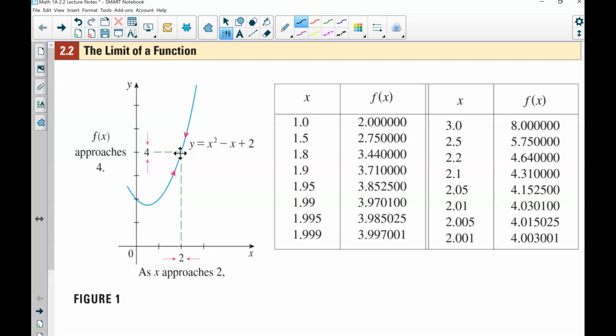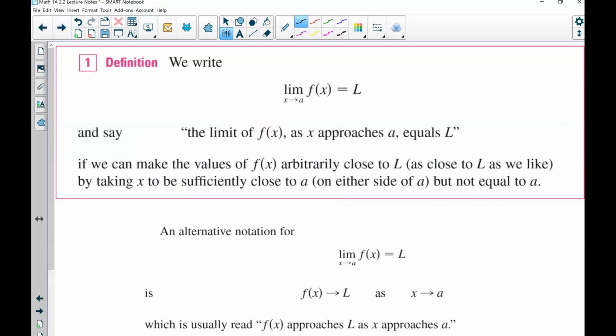So the notation would be as follows. We would say that the limit as x approaches 2 of the function x squared minus x plus 2 is equal to 4. So in general, we're going to use the following notation. So here's our first definition. We write the limit as x approaches a of the function is equal to L